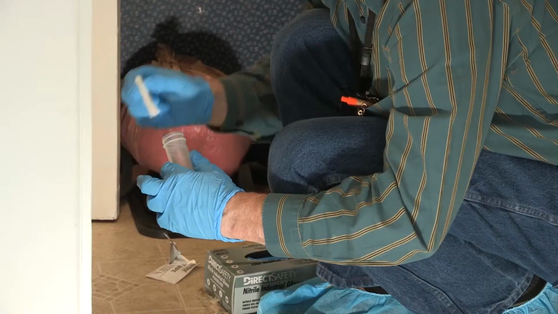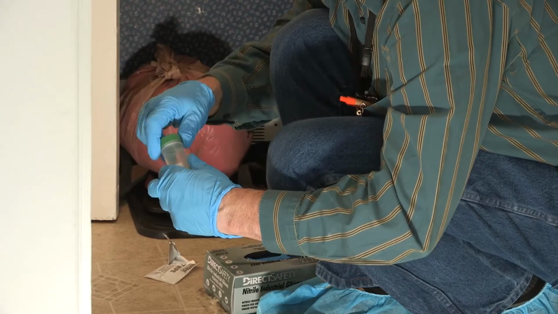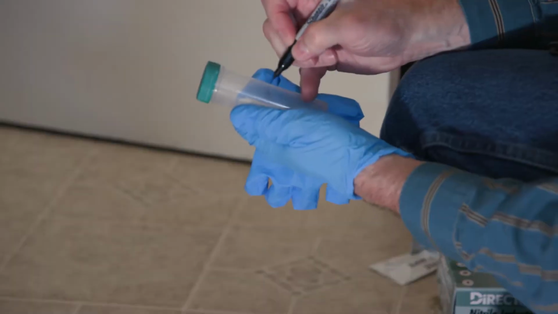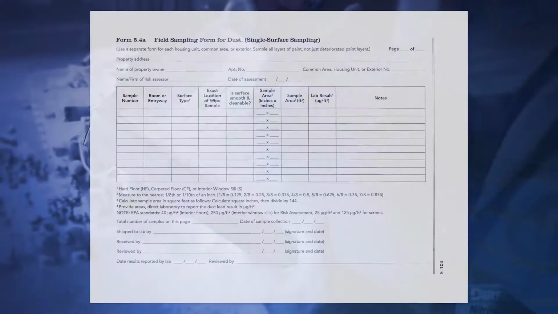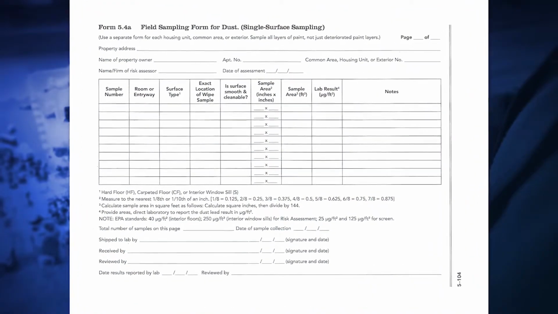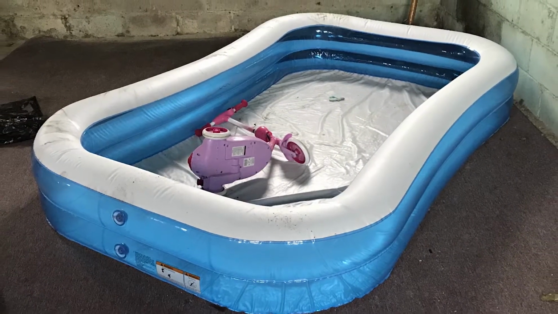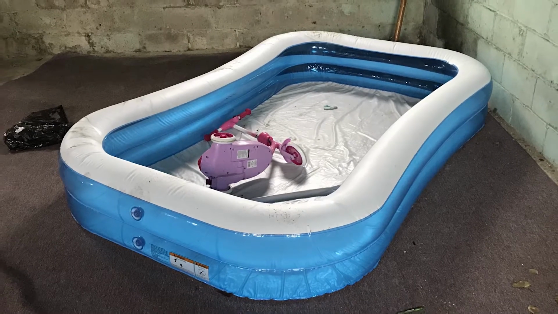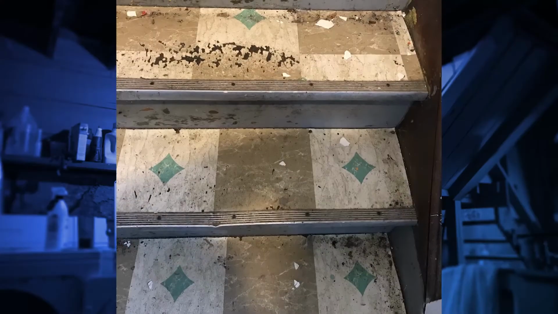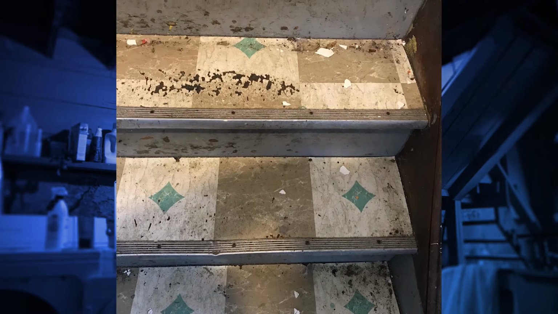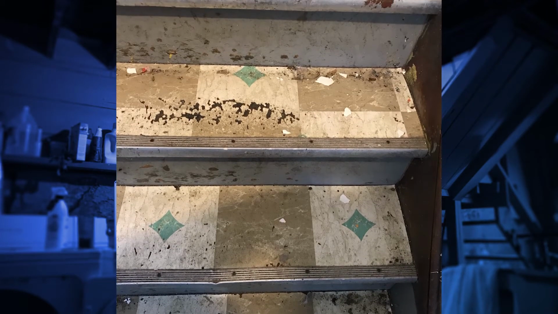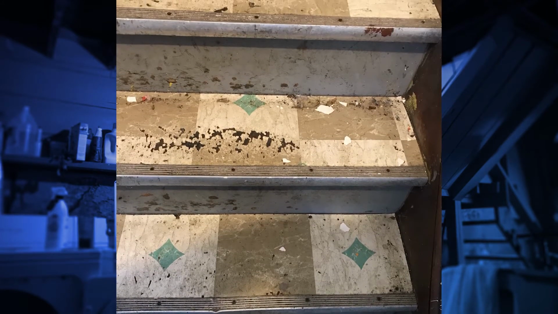Label the tube with a unique sample ID number and record the location on your floor plan and complete HUD Form 5.4a showing the surface type and accurate dimensions of the area sampled. Repeat this process in each room throughout the property where children under 6 years of age may spend time. This includes a basement floor and basement steps if children use this space. If you are not sure if children use a room or space, you must assume they do and collect samples